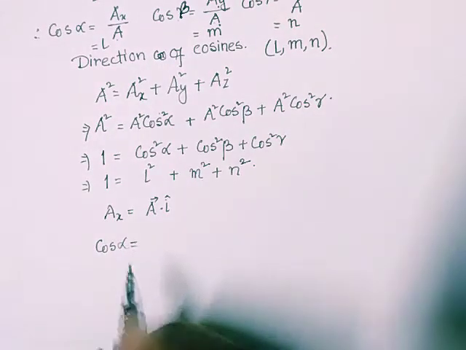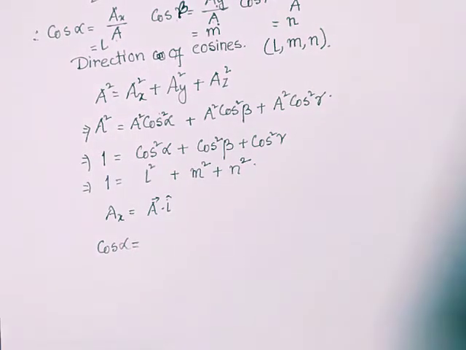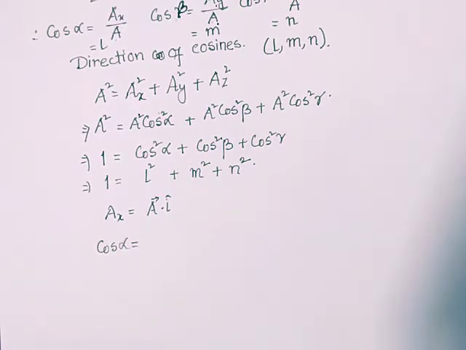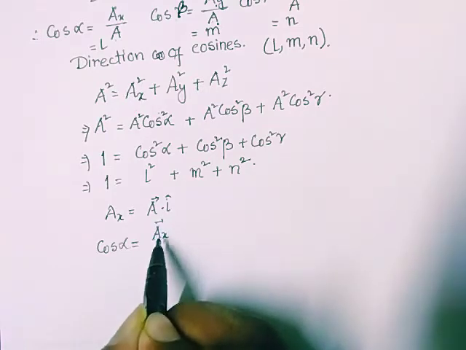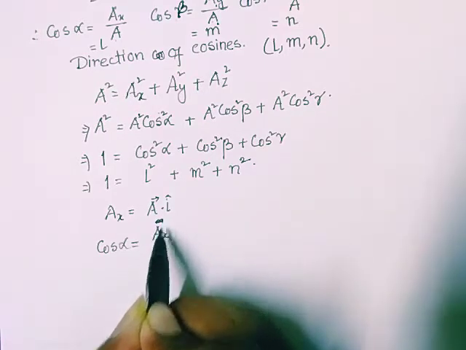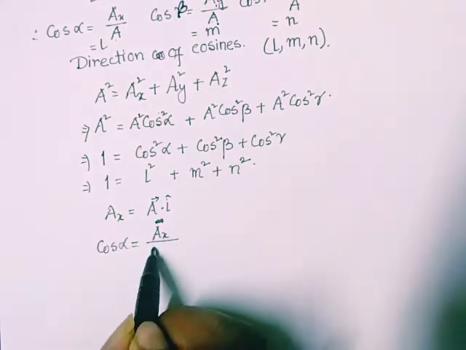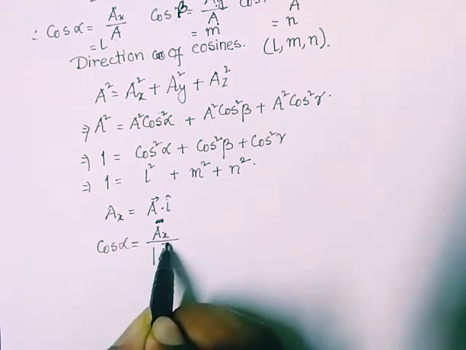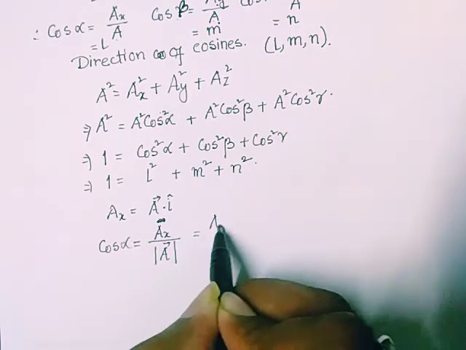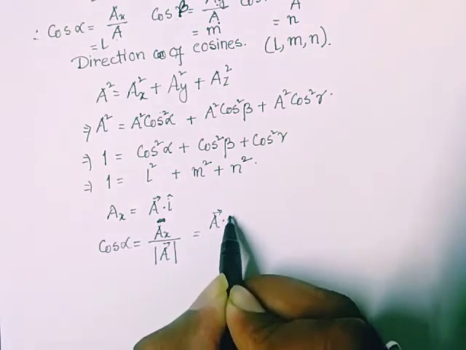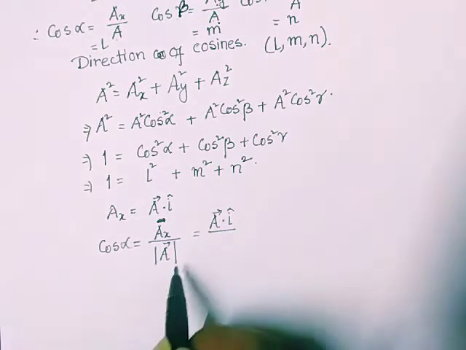The cos alpha basically gives the x component of the a vector divided by the magnitude of a. So the x component of a vector, this is a component, so no vector sign should be there. Magnitude of the a vector. What is the x component? The x component is denoted by a vector dot i cap,